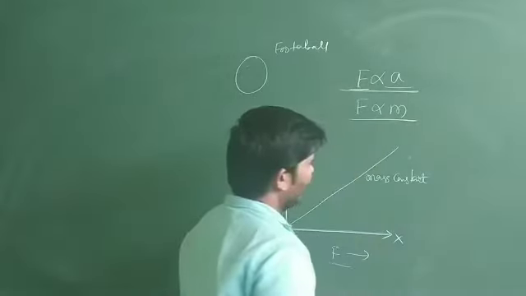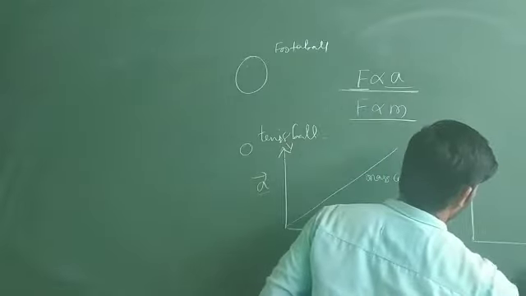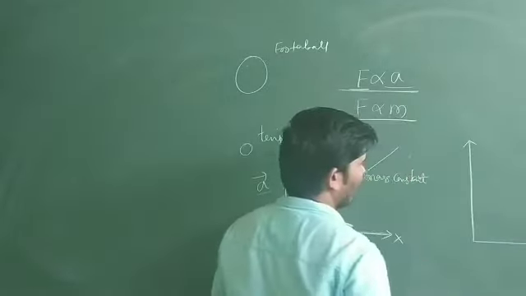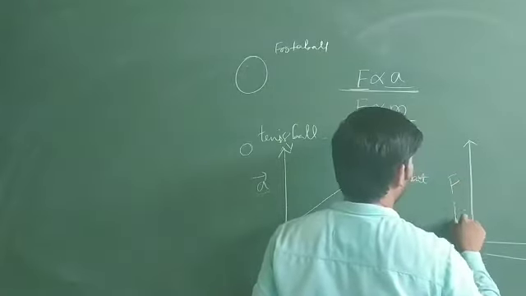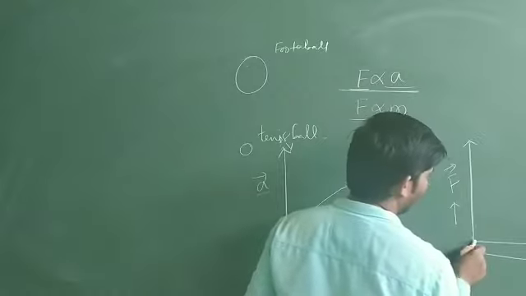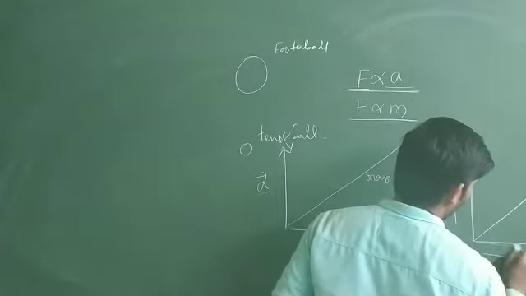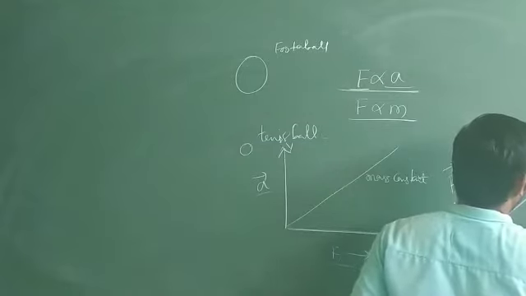If you plot the graph for the second relation, F is directly proportional to M. If the mass of the body increases, we need to apply a larger force. So the force versus mass graph is a straight line inclined to the mass axis, but here the acceleration is constant.